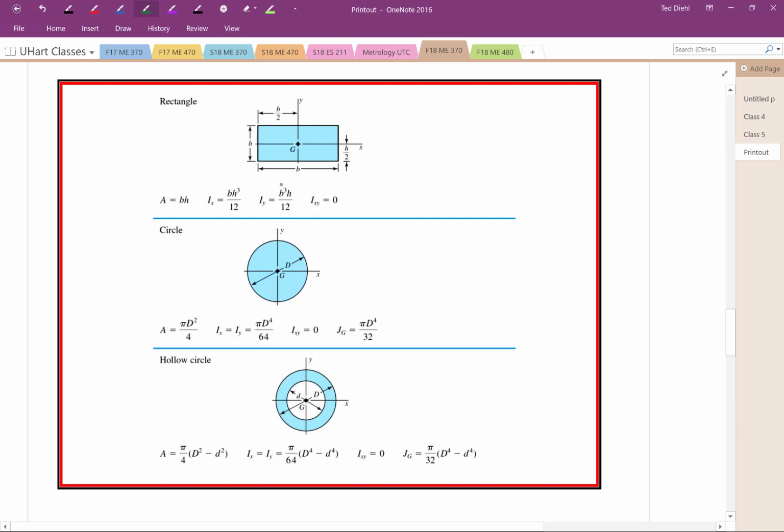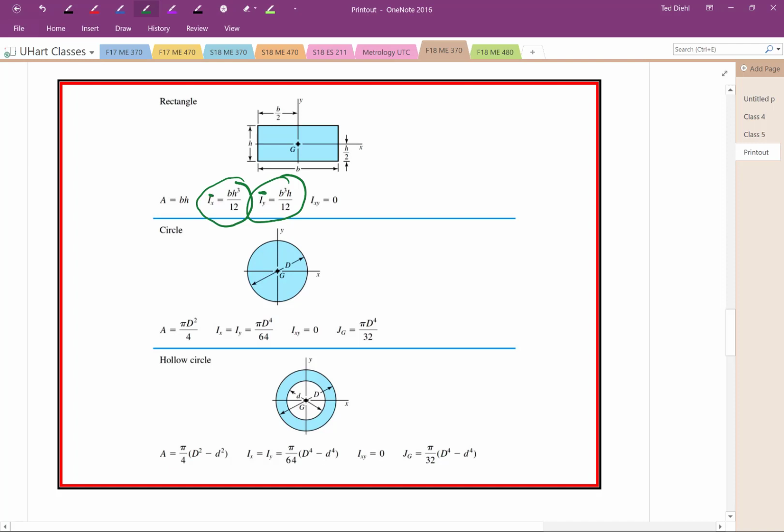But also, before I go further, I want to mention that these are good things to memorize if you haven't already. BH cubed over 12, right? I just memorize that and say, okay, the base is whatever is parallel to the axis I care about, and H is the one that's perpendicular to it. So you don't need to know two different forms, just whatever axis we're looking at. This should actually even have a bar over it to highlight that these are centroidal moments of